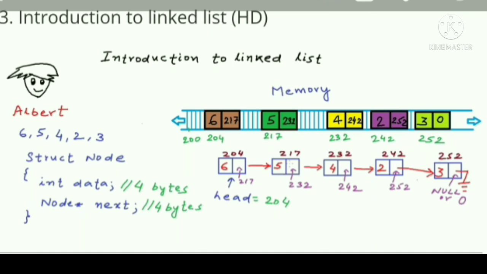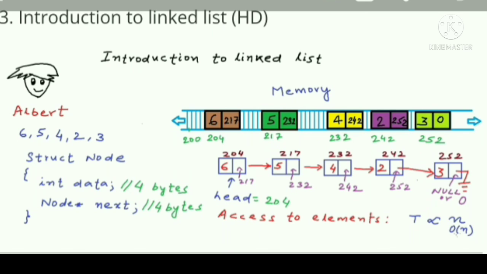It's like playing treasure hunt. You go to the first guy and then you get the address for the second guy, and then you go to the second guy and you get the address for the third guy. So the time taken to access elements will be proportional to the size of the list. Let's say the size of the list is n. There are n elements in the list. In the worst case, to traverse to the last element, you will go through all the elements. So time taken to access elements is proportional to n, or in other words, we say that the time complexity of this operation is big O of n.